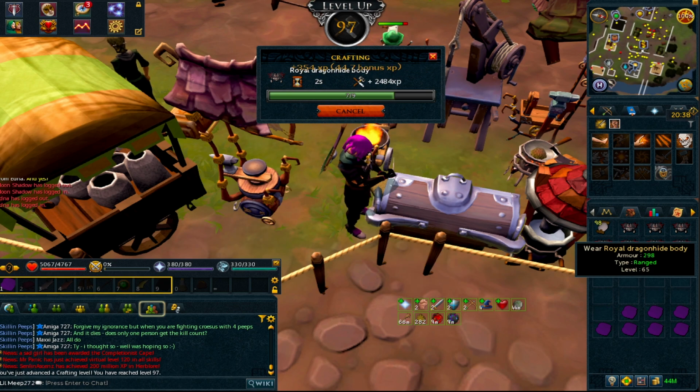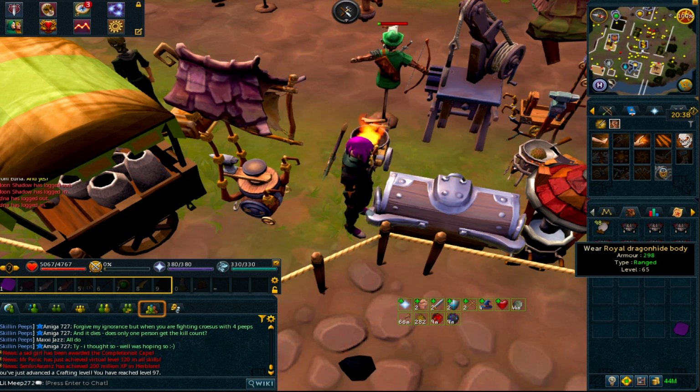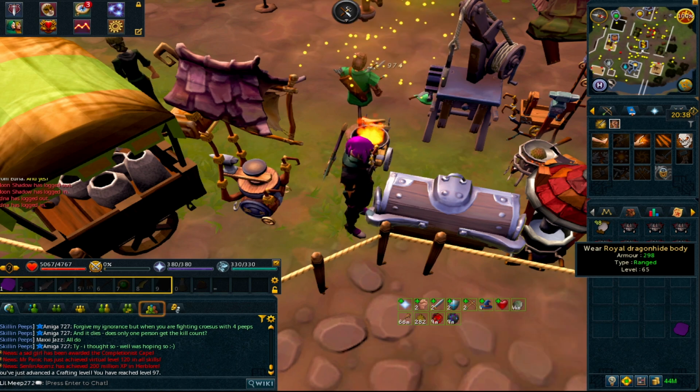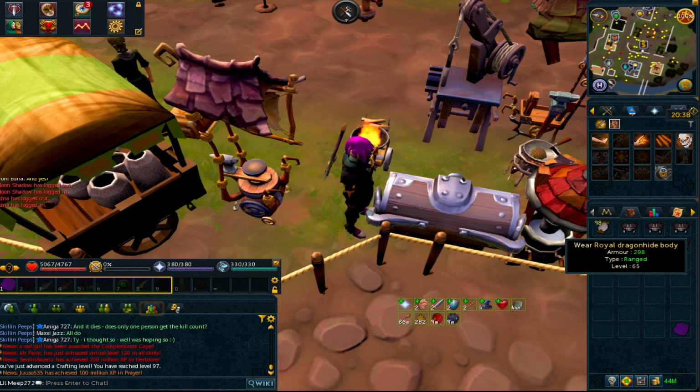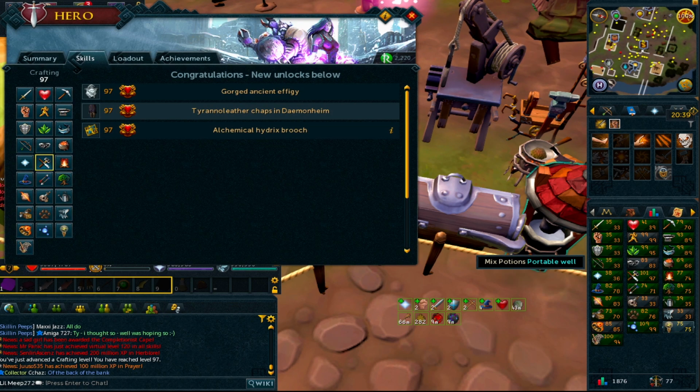I'm going to save all of my Royal Dragonhide bodies till the end, just so we can see how much we've made through portables and also from the scroll and engineering. If you're going to use things like Royal Dragonhide, please make sure to go and get the Scroll of Efficiency, because you will save even more money when doing Crafting. But yeah, now time to go and do some other stuff and hopefully show you guys what I'm planning for